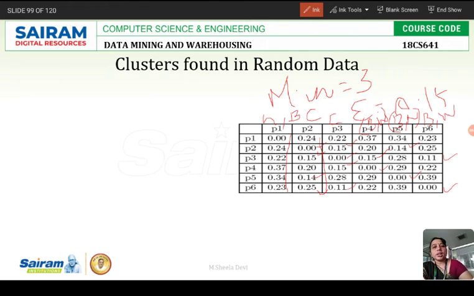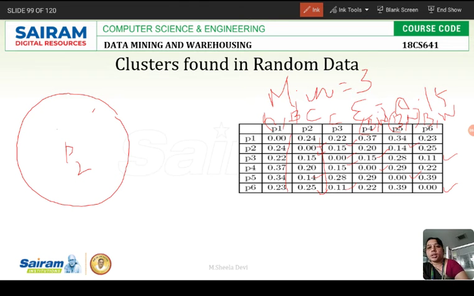Now we have to decide. We said only 2 core points are there, that is P2 and the core point P3. Okay. Now inside P2, what are the points we have? That is P3, P5 and P6. So I am saying P3, P5 and P6 are there here. Okay. Then, this is my core point P2.